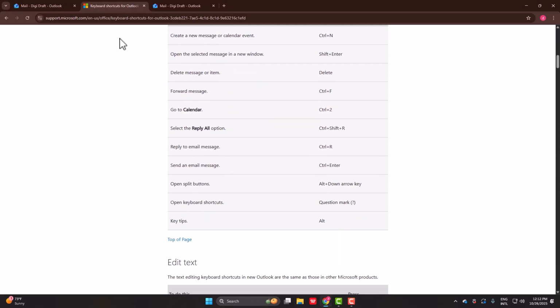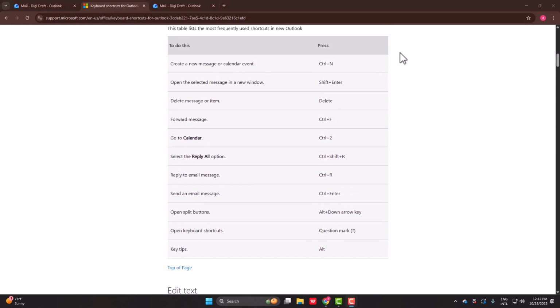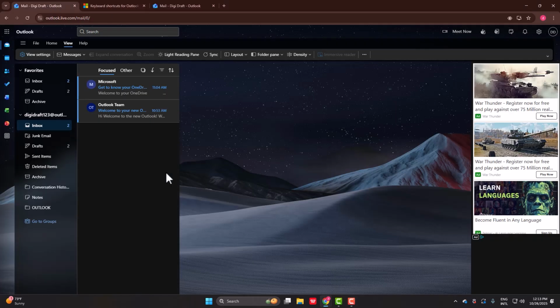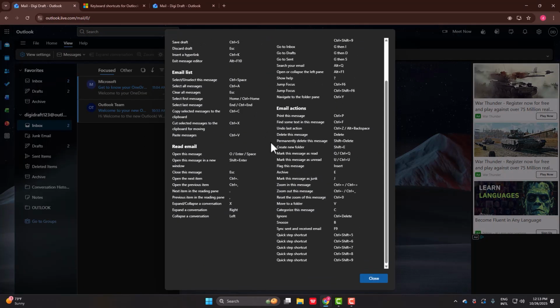So as you can see, this is just a little article that is written by Microsoft. These are the basic ones that are normally used. So as you can see, there is forward messages, go to calendar, select reply all option, reply to email, and a bunch of other stuff. You can simply go ahead and do that, or if you need to understand what keyboard shortcuts are available, just click on your question mark button, and as you can see, all of it is going